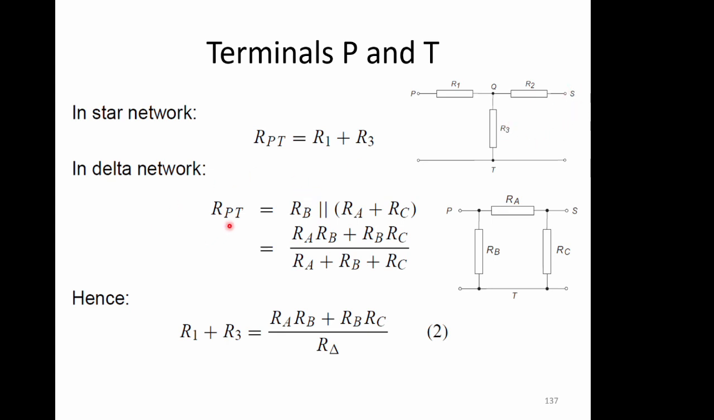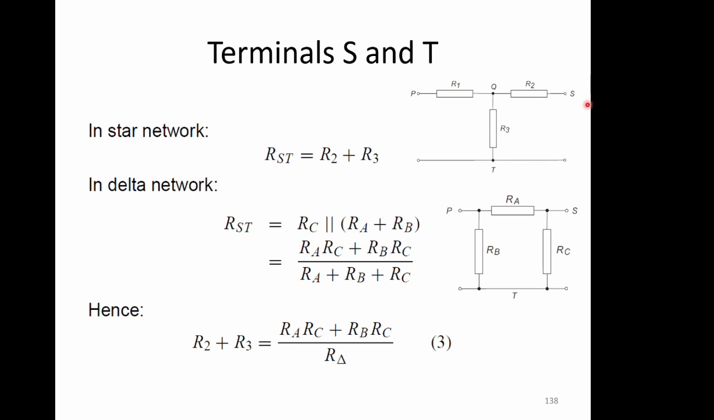Likewise, R_PT, you start to see a pattern here. If we connect between P and T, we say if a current comes in here, where can it go? It can go through RB and out, or it can go through RA and then through RC and then out. So we've got RB in parallel with RA and RC, and we end up with RA RB plus RB RC equals R delta. So we've now got another equation, and we do the same thing